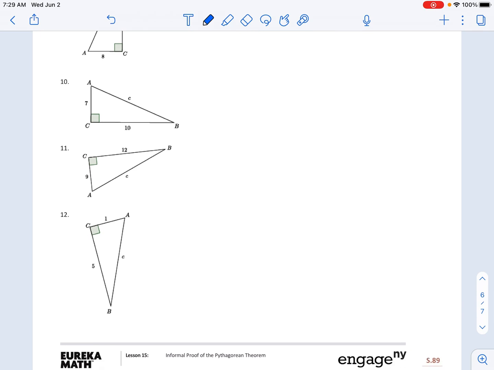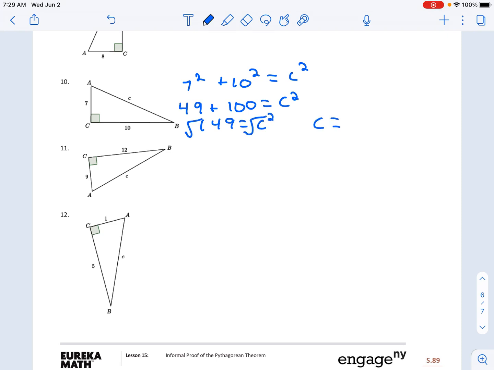All right, so we have 7 squared plus 10 squared equals c squared. 7 times 7 is 49. 10 times 10 is 100. You get 149. Square root to make c by itself. And using calculator, we get rounding of the number 12.2. 9 squared plus 12 squared equals c squared. I'm going to have you